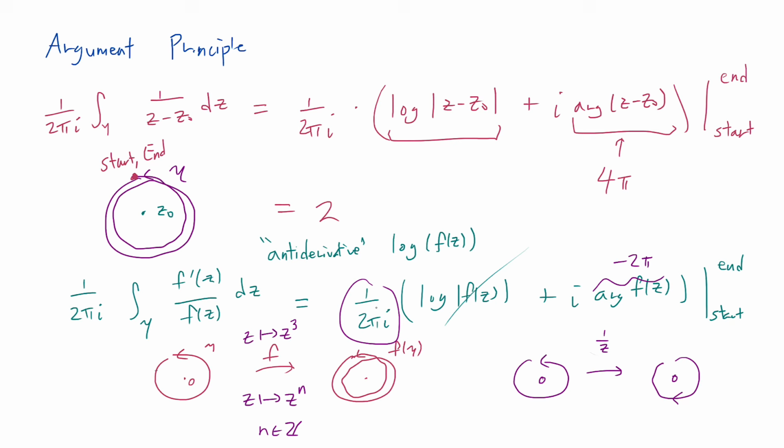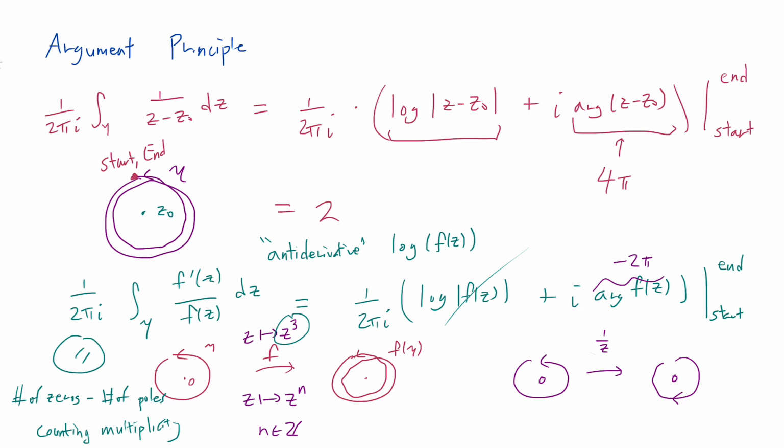So this heuristic argument is going to contribute 1 over 2 pi i times minus 2 pi i, so minus 1. The crux of the heuristic here is that when you evaluate this integral, a zero of order 3, like z cubed, is going to contribute plus 3, whereas a pole of order, say n, is going to contribute minus n. So this is just going to turn out to be the number of zeros minus the number of poles, counting multiplicity. If it's a double zero, then you count it twice. And this fact is called the argument principle, that this integral is really just capturing the number of zeros minus the number of poles, which is a pretty